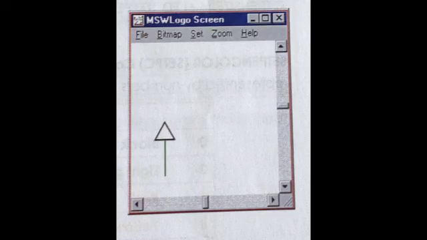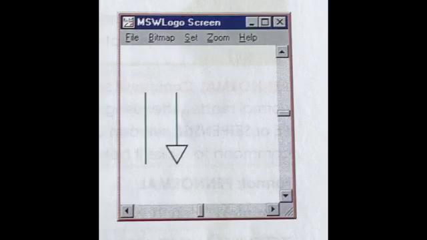When you give the Pen Up command, the pen of the turtle will move up from the screen and the turtle will not draw anything. Just give the PU command and then follow with commands like FD 40 or RT 90 and then PU FD 40. Then you can see what will happen. After a 90-degree right turn, the PU command has been given and then the turtle will move 40 steps forward, but the line will not be drawn.